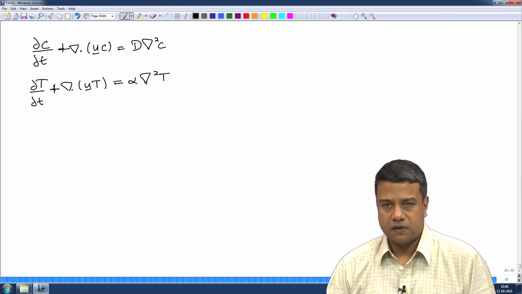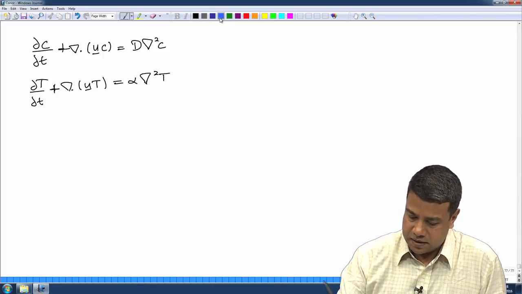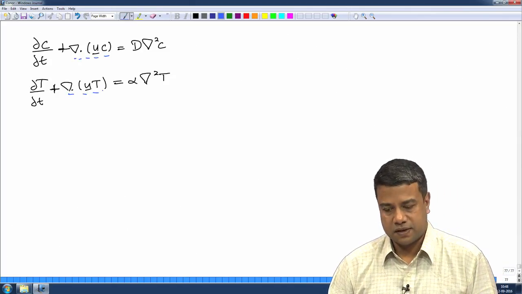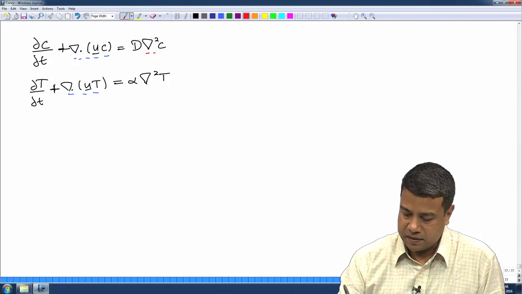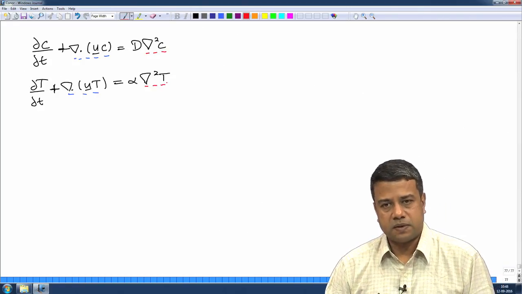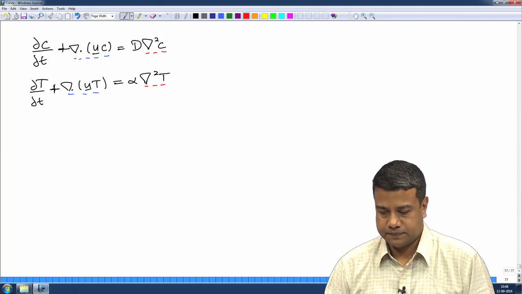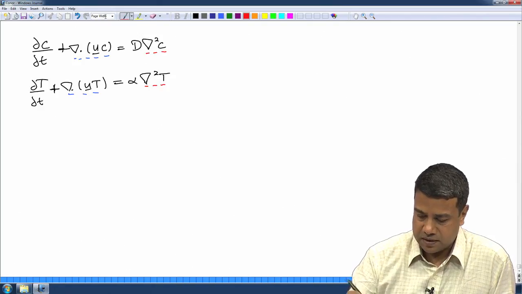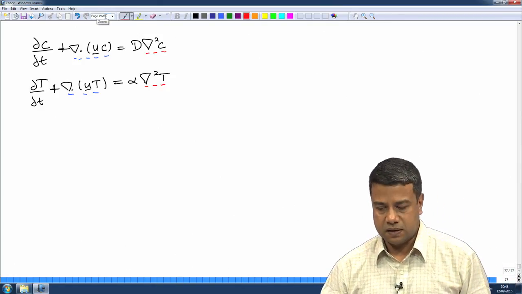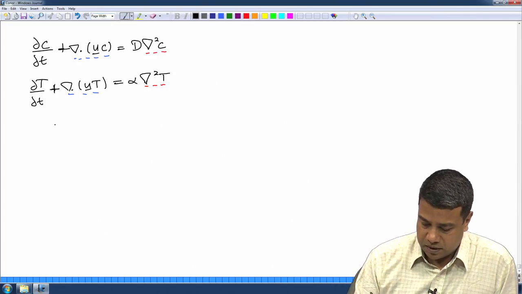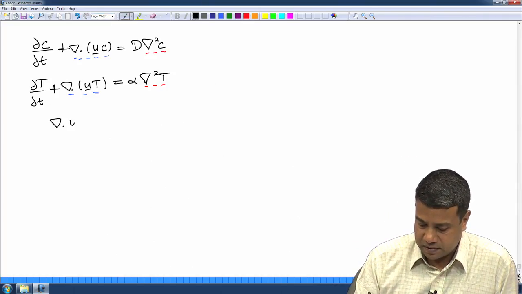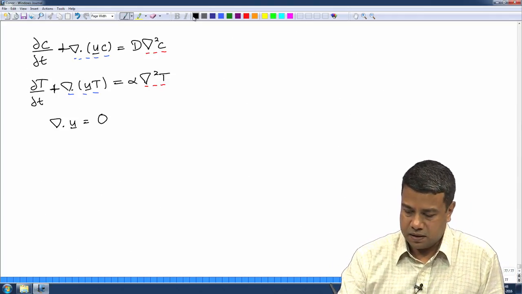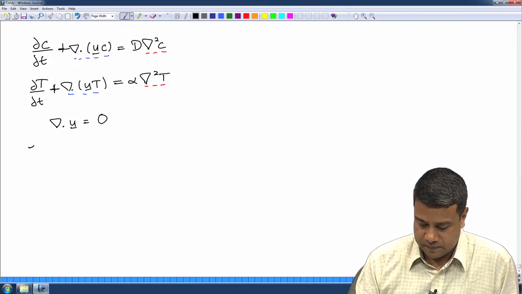All of these have a common structure. There is the divergence of the velocity times the concentration, or the velocity times the temperature on the left side, and the Laplacian of the concentration, the Laplacian of the temperature on the right side. For the momentum conservation equation, there were two equations because we have to write an equation for the total mass. That total mass equation was of the form the divergence of the velocity is equal to 0, and the momentum conservation equation was of the form